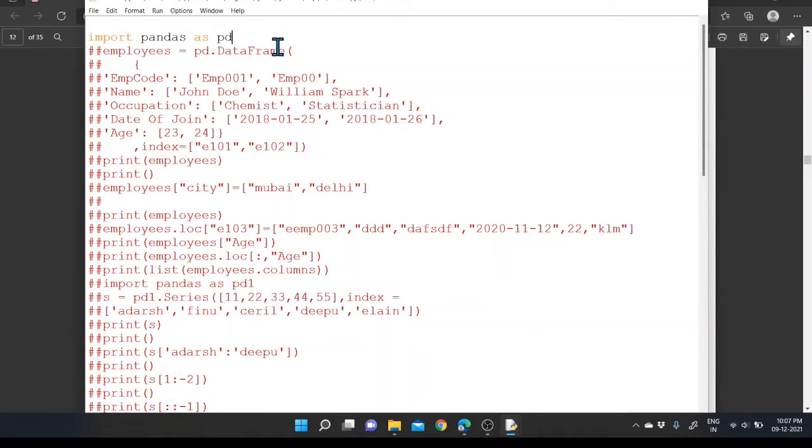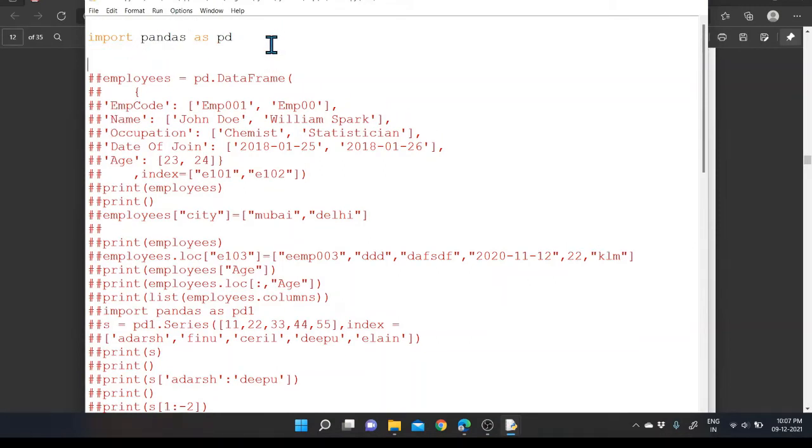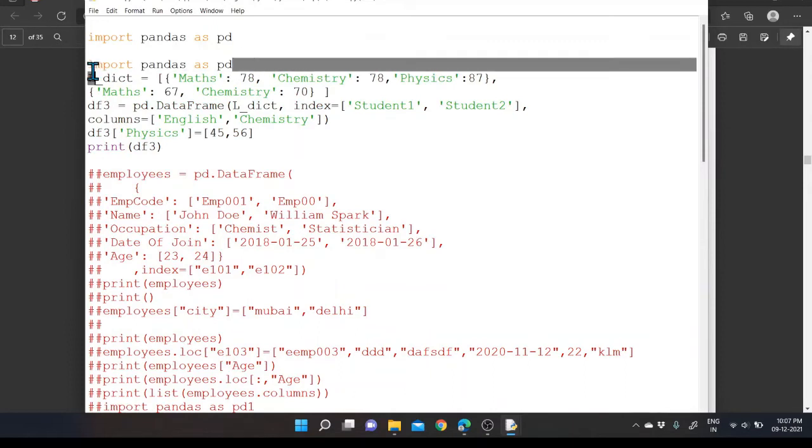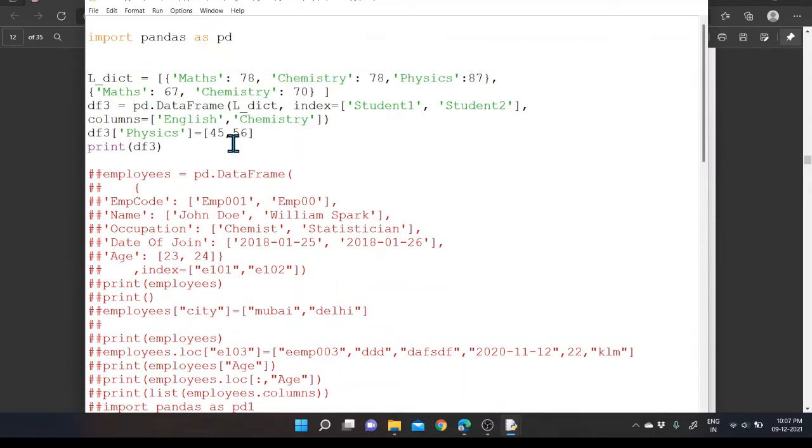After the import statement, we are going to provide that coding. We declared a list of dictionaries, then we created the data frame by passing that variable within the data frame function, and along with it we are providing the column names and index.